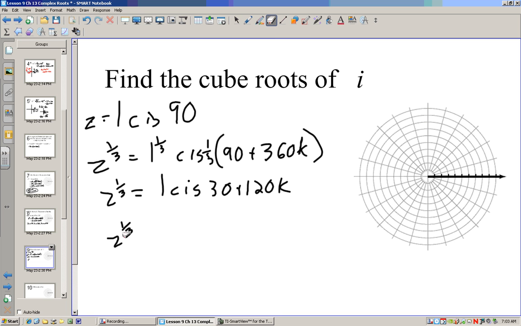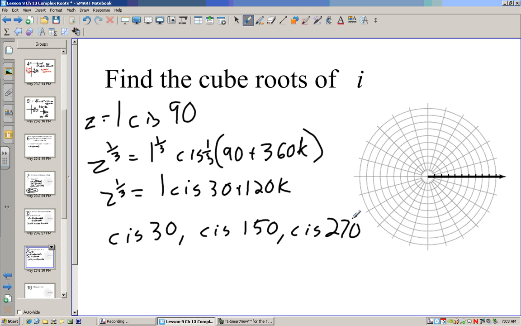So all the possible answers for this one are going to be cis 30, cis 150, and cis 270. So the cube root of i is at 30 degrees. Say this goes all the way out to 1, because that's our biggest value. At 30 degrees, 150, and 270. So these values, if I convert them to rectangular,